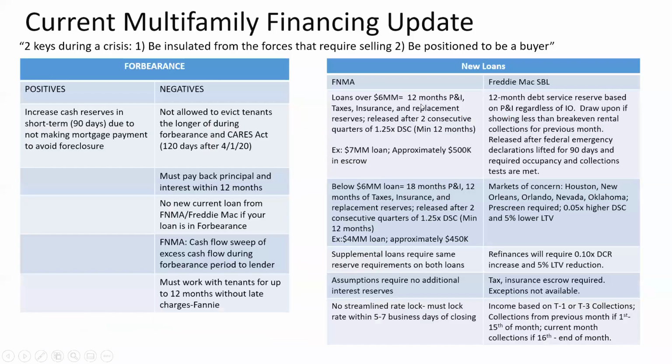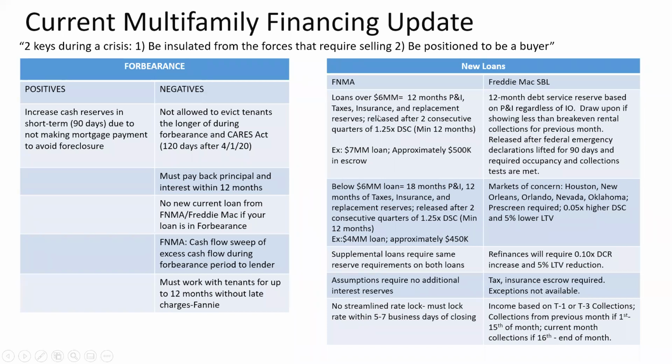All right. So on Fannie Mae, let's say we actually have a deal right now that's on the market, and the existing loan's about $4 million. If you got the supplemental, you would essentially have to put up like 500,000 in reserves. So they look at the loan that's being assumed plus the supplemental, and then you're either going to fit in this bucket of over 6 million or under 6 million. And it's 12 months. Over 6 million, it'd be 12 months P&I, 12 months of taxes, 12 months of insurance, and 12 months of replacement reserves.